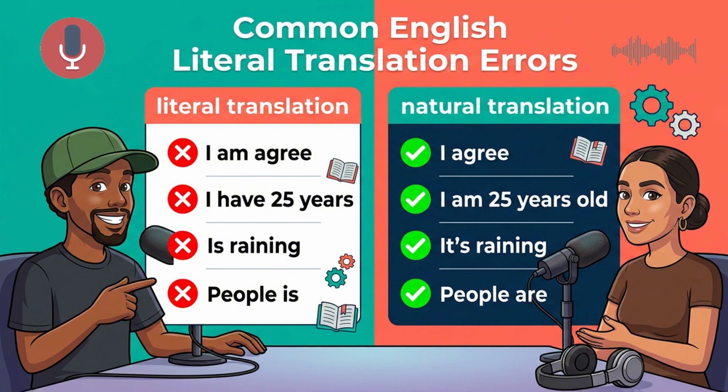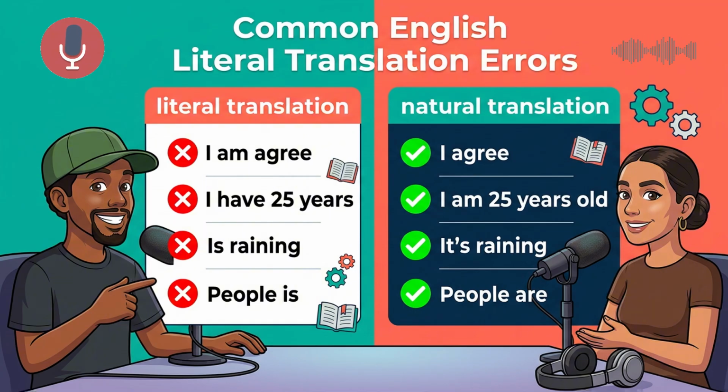Looking at these lessons, I think the biggest takeaway from all the linguistic research is that learning English is not a mathematical equation. It's not just swapping one word for another. Right. It is not just swapping a Spanish word for an English word on a piece of paper. It is much deeper than that. It is learning to view reality through a different lens.